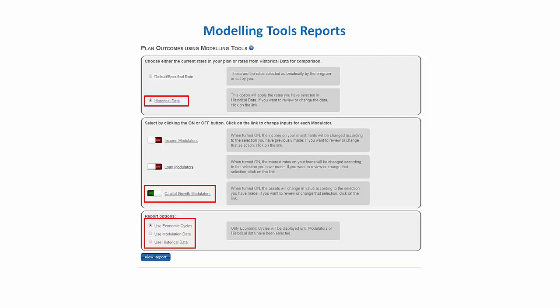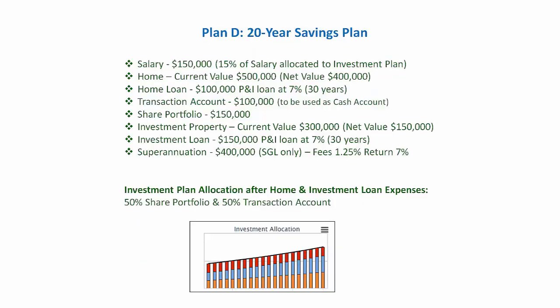It is not recommended that you activate both historical data and modulators at the same time. When you activate any modelling tools, all the calculations throughout your plan will change to meet the criteria chosen for each modelling tool. For this video, Plan D has been created. This is a 20-year savings plan where John has a salary of $150,000 and is allocating 15% of that salary